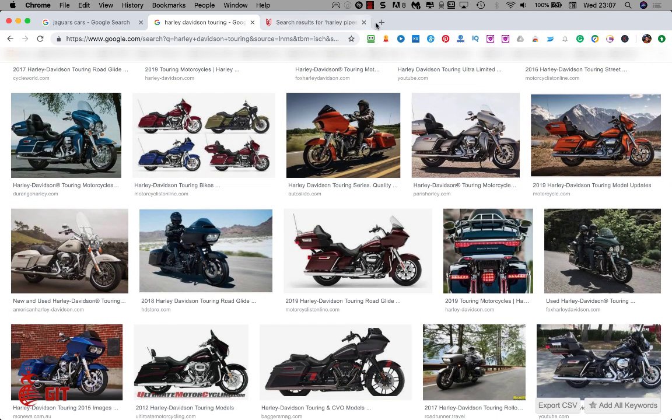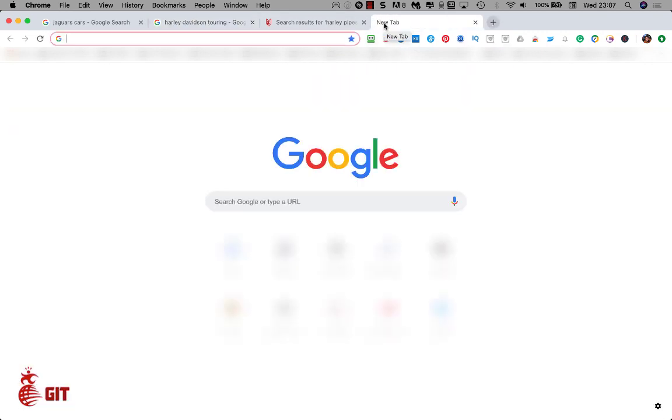And it doesn't matter how many tabs you have open. So you can click another tab. You can click another tab. And you can, let's look at